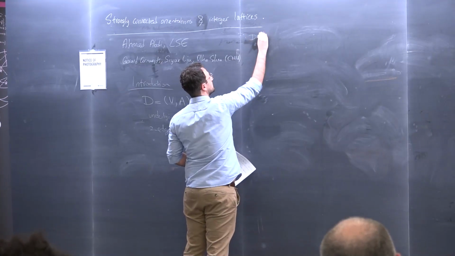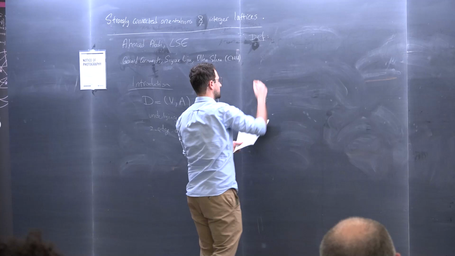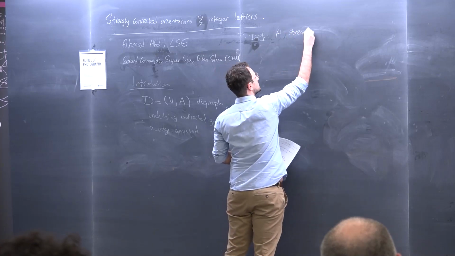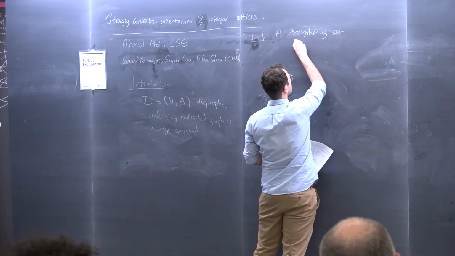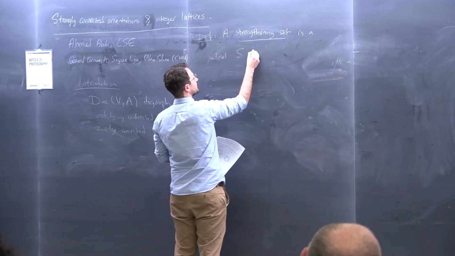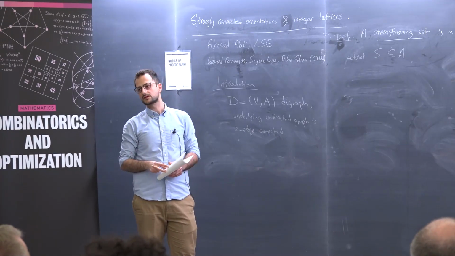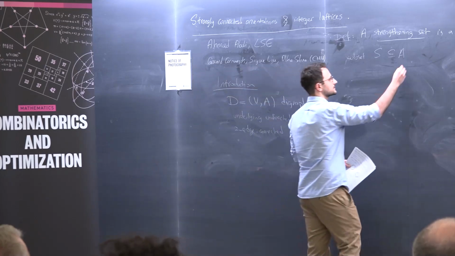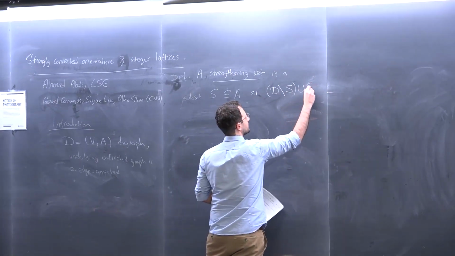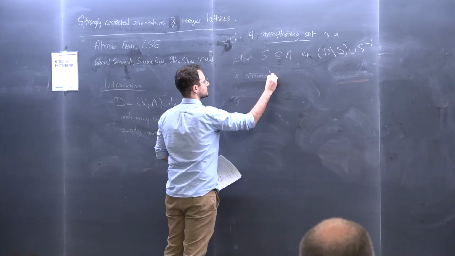The key object that I'll need for the talk is a notion that you've seen before, I'm sure, if you've worked with digraphs, but the terminology might be new, and that's that of a strengthening set. So a strengthening set is a subset of arcs of the graph such that if you reverse the orientation of those arcs, the digraph becomes strongly connected. So I say delete S and then add the inverse of S. If this thing is strongly connected, and I'll show you guys